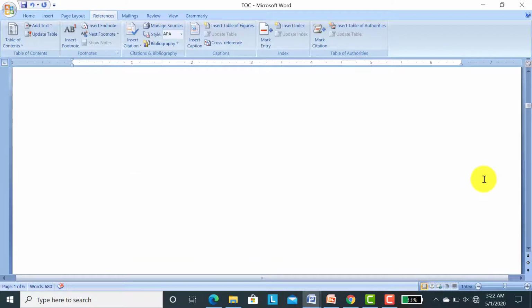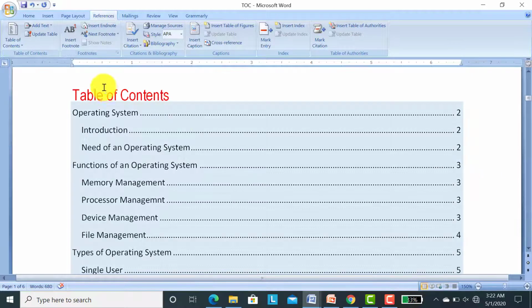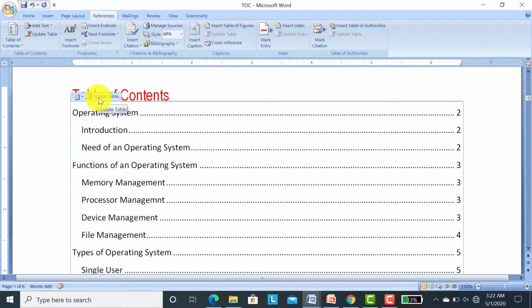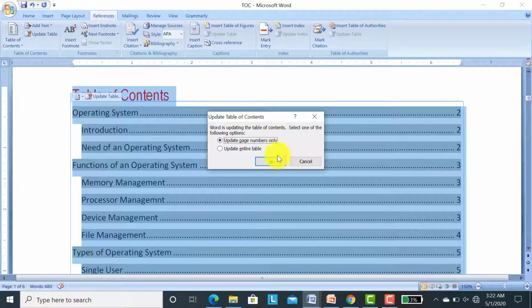How will it change the page number? Click on the table of contents. There is a button, Update Table. Click on it. It shows Update page numbers only, Update entire table. If I click on Update entire table, click OK.